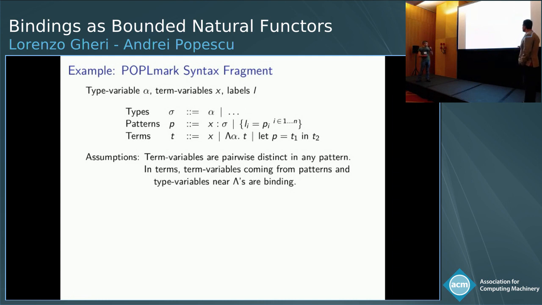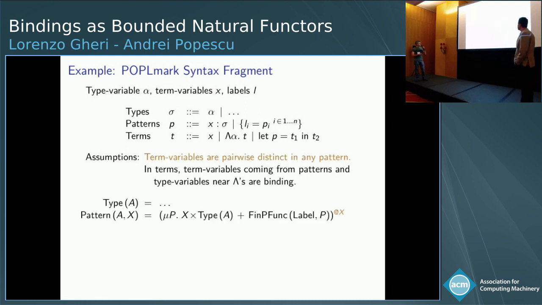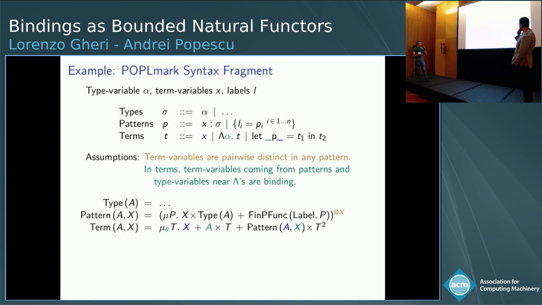Well, so how would you handle this? Yeah, I will start. We define patterns first of all as a standard datatype, linearized at X. Here, FPFunc is the MRBNF of finite partial functions. Then I will plug this in to construct a binding-aware fixed point of terms, and note that pattern here exports two different types of variable. A is for the POPLmark types, X is for the POPLmark terms, but note also that only the latter is bound in the recursive components. All the terms are bound.